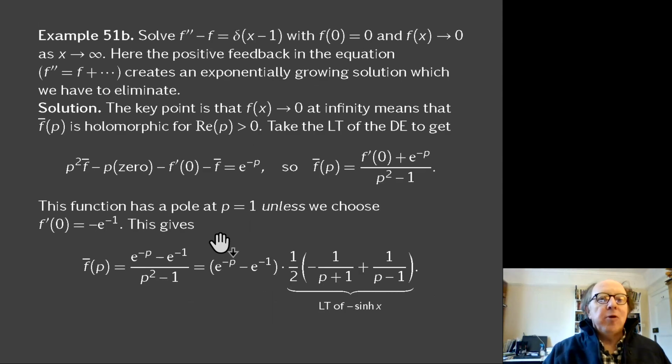And this is actually an interesting point. If we just go back to our differential equation, there it is. F double primed minus f is delta of x minus 1. So what this tells us is that f double prime has a delta function in it at x equals 1. F itself is continuous at x equals 1, is much less singular than the delta. Or to put it another way, there's a delta function on the right. There has to be something on the left that is also a delta function to balance that, because otherwise there would be a singularity equal to something that's smooth, and that would be like saying 1 equals 0.